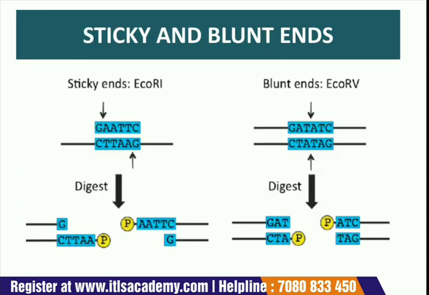Here is a picture showing the difference between the sticky and blunt ends. You can see the types of ends generated by restriction digestion. You can see the sticky ends have the property of overlap that allows the two ends to pair and join together with another DNA strand. These strands of sticky ends base pair with each other. These have an overhang to join the cut end of the DNA.